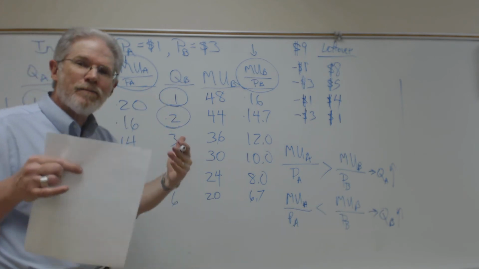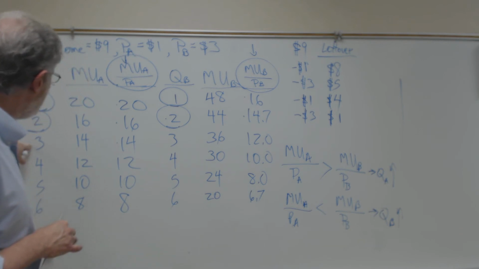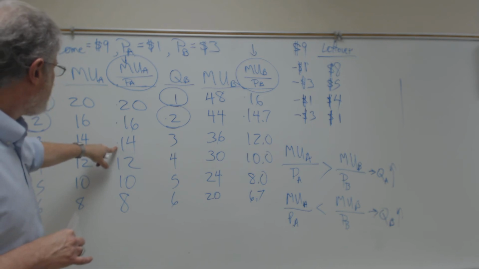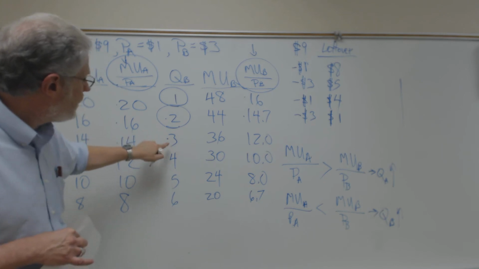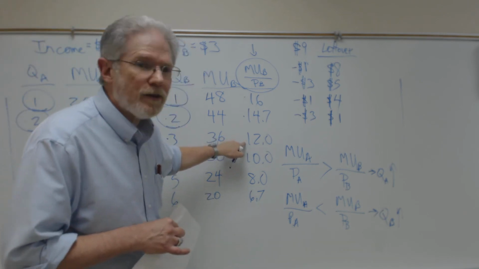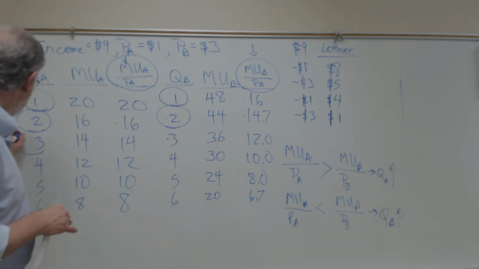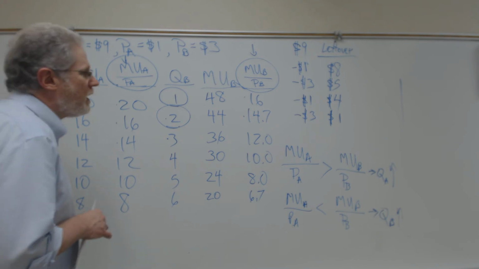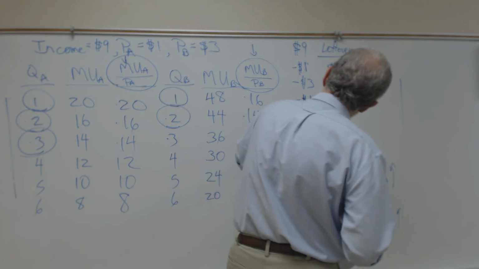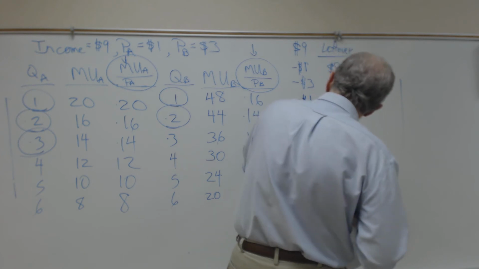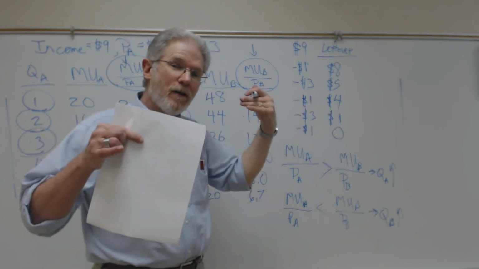Well, follow the same process. Does he want to spend the next dollar here and get 14 units of utility? Or does he want to spend the next dollar on bananas where he would only get 12 units of utility? Okay. 14 is greater than 12, so he chooses to buy that third apple next. Apples are $1 a piece. And that means once he spends that, he doesn't have any money left. He spent all of his income,